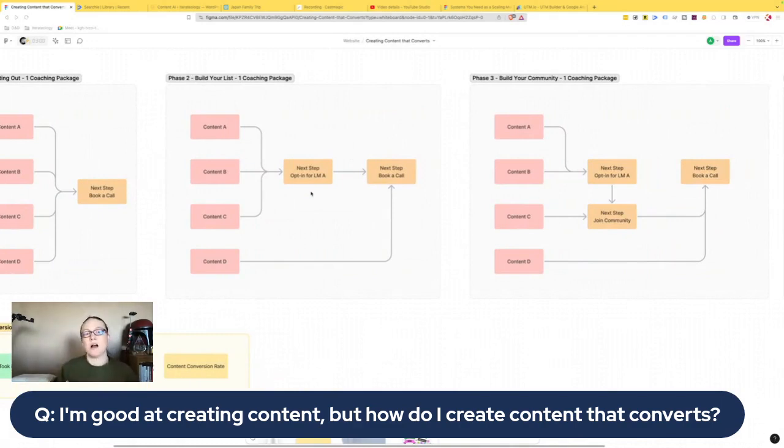So you've done a lot of those calls. Whether or not you have sold your program is neither here nor there. But through that, you're getting a better shape of what your best client is, or people that you would really like to work with more. And so you'll know what one tiny problem you can solve for them that they would consider valuable, and you turn that into a lead magnet.